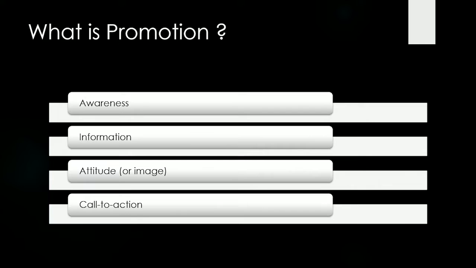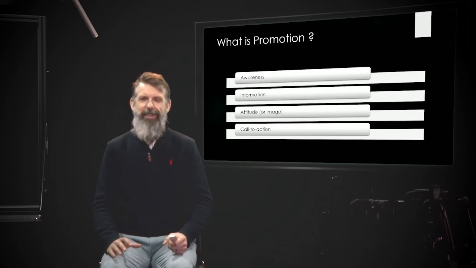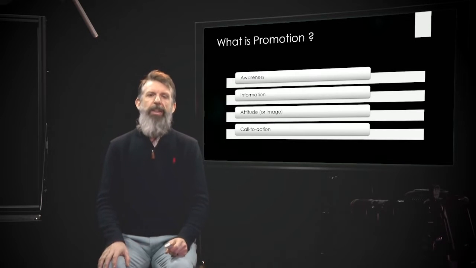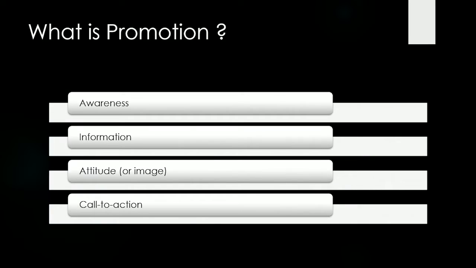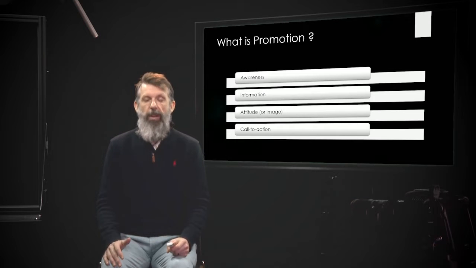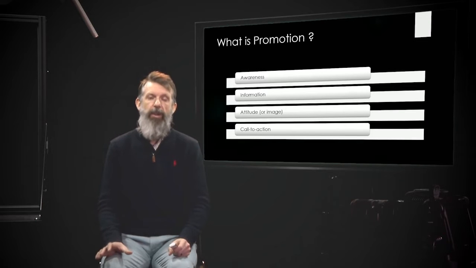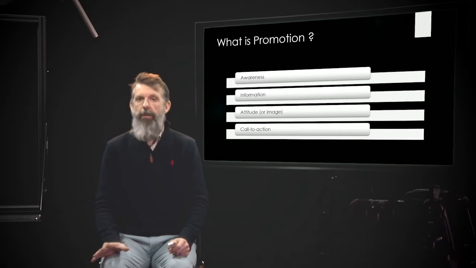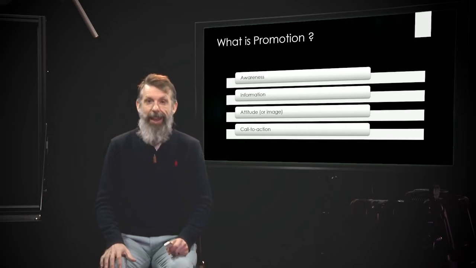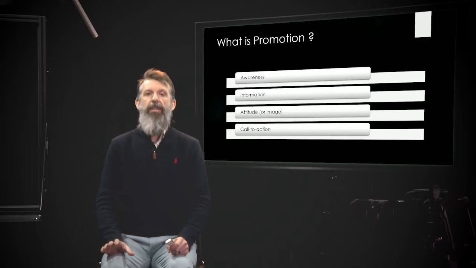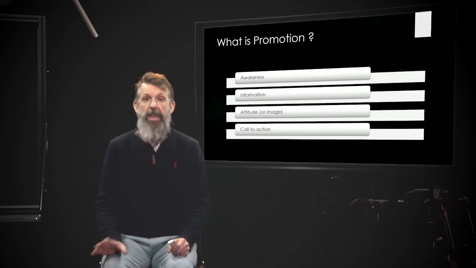So I'm going to go through each one of these and give you, not an example, but what each one means. Generally, when you're thinking about awareness, it's more often a brand new product, right? This is a product that people just aren't aware exists. So in this type of ad or communication, you're basically screaming at the top of your lungs, look at me, I'm here, right? You're not trying to sell anything. You're just simply trying to tell people, look at me, I am here, because people don't know you exist.